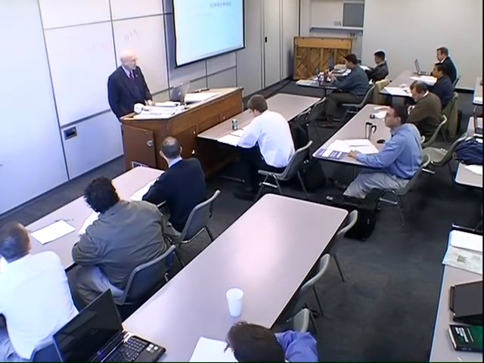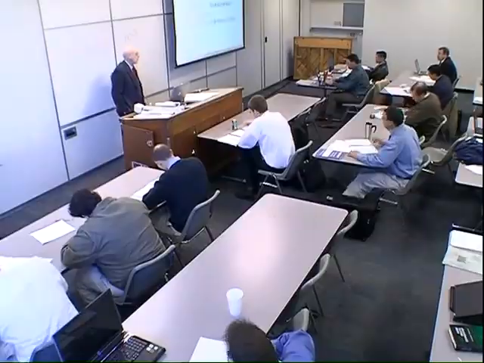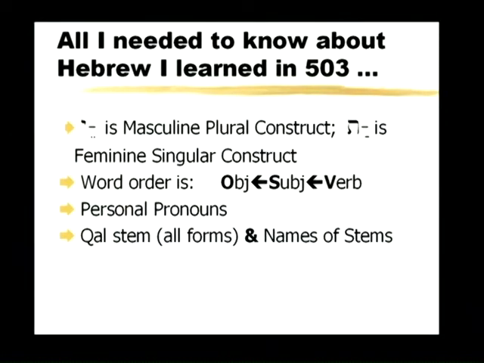Those are very important. The qal stem of all the forms, the perfect, the imperfect, the infinitives, the imperatives, and the participles. We've had all of them so far except what's in chapter 18 that we'll go over in just a few minutes on the infinitives. You've had all these things. You also had all the names of all of the verb stems. What are the 7 verb stems?